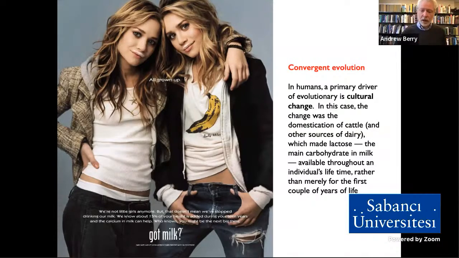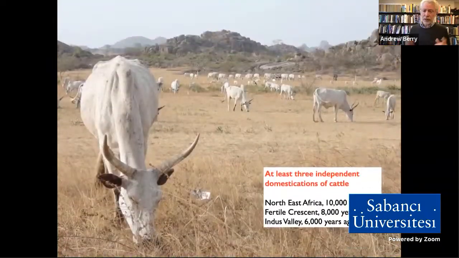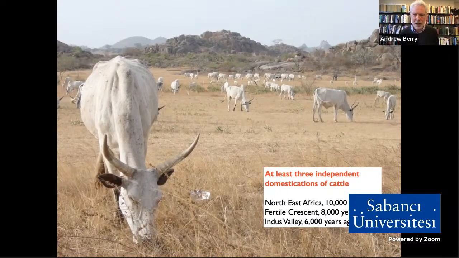This is convergent evolution in dairy consumption. This is a rather recent invention in our species: the domestication of cattle, goats, camels, sheep, and so on. It's actually a brilliant idea, because what it gives us is lifetime access to dairy products. Now, think about what dairy products are. It's mammalian milk, people. Think of your mother's milk. It's the perfect food for a baby. This is perfect mammal food, mammalian milk.